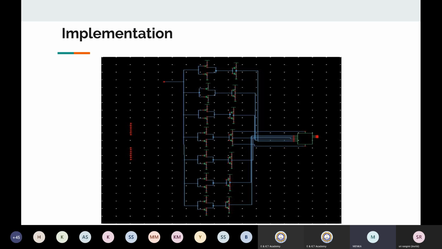So in this slide the implementation is there. Cadence has a black background, and unfortunately they have not changed it before their project submission. That's why I am putting the same images over here. So here you can see there is a comparator made up of just an inverter, and then the output of these is given to the next level, and this is how you will get your implementation.